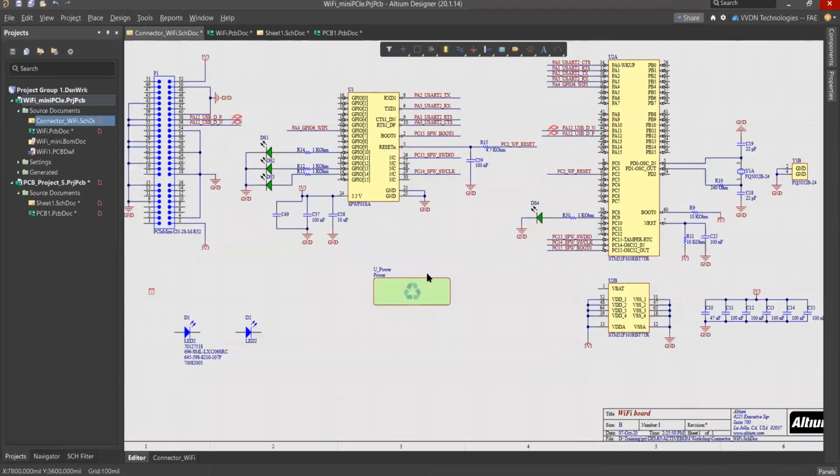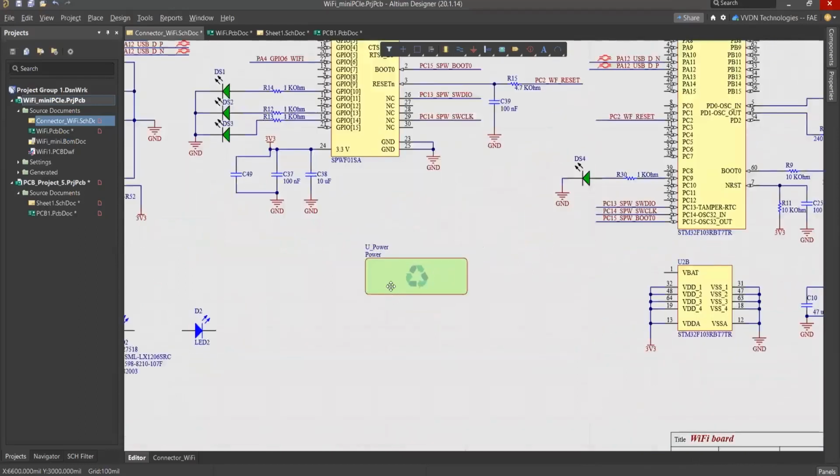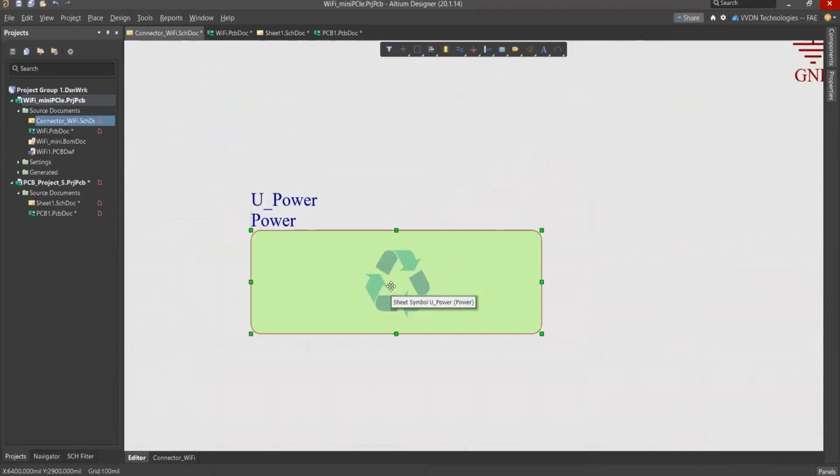So on this kind of things we can design the sheet symbol, and this block also we can